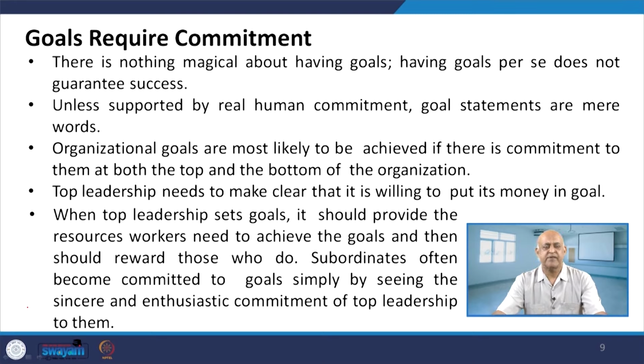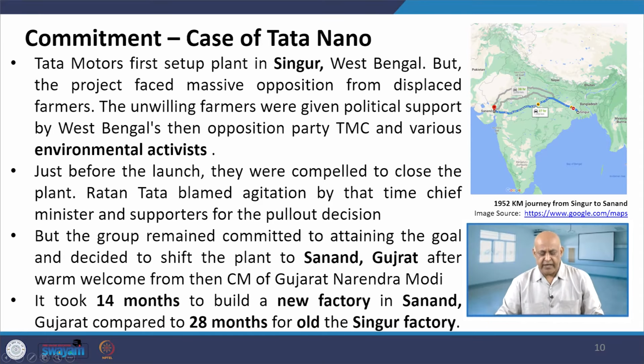Whenever a leader is fixing a particular goal, as we have seen in the case of the Nano car, it was not a question of investment of money, but the dream achievement of Mr. Ratan Tata to create a car useful for this typical size and class of families. When top leadership sets a goal, it should be provided with the right directions, and with the help of all the members, the project managers and the project team, we will find that the commitment of the employees has made the project successful.